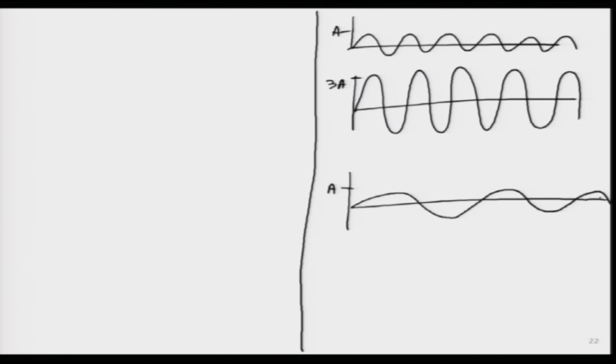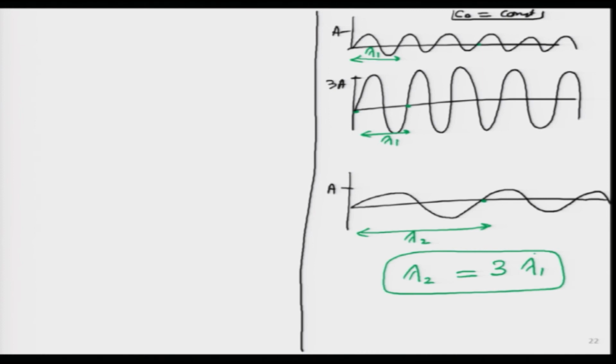An interesting thing is, because C naught is constant, let me call it case 1 over here. In case 1, my wavelength here is lambda 1, and here it is also the same lambda 1. Because I have only increased the amplitude, here it has become big, so I will call it lambda 2. And it kind of looks like we are in this zone over here. So, it kind of looks like it is 3 times. So, lambda 2 is 3 times lambda 1, which means the inverse is true for its frequency. Frequency 2 is 1/3 the frequency of lambda 1.